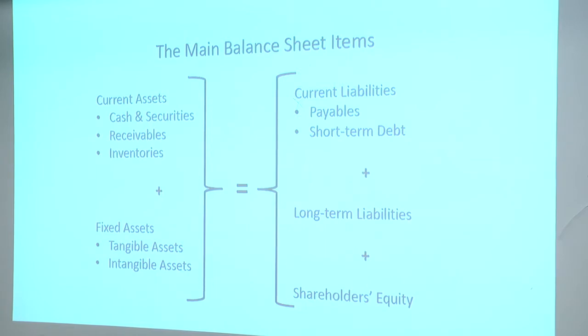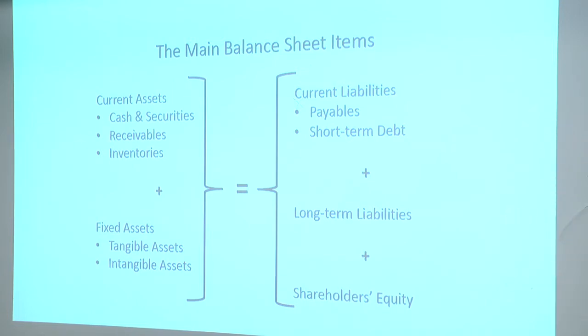On the right-hand side is where the company gets their funding, okay? They get it either from what? Borrowing money on the right top, or selling shares, selling ownership on the right bottom, okay? So it's on the right-hand side, money you acquired from the market. On the left-hand side, money you have used, right?